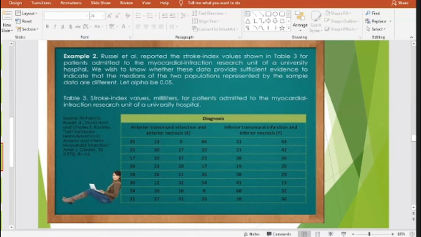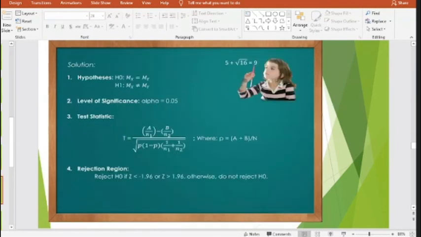So for the test statistic, z is equal to A over N1 minus B over N2, all over the square root of P times 1 minus P times 1 over N1 plus 1 over N2, where P is equal to the sum of A and B all over N. For the rejection